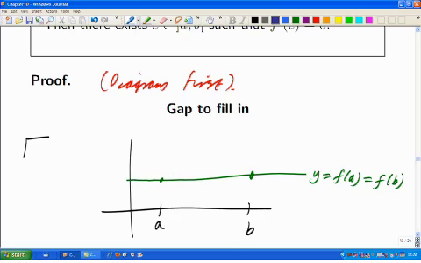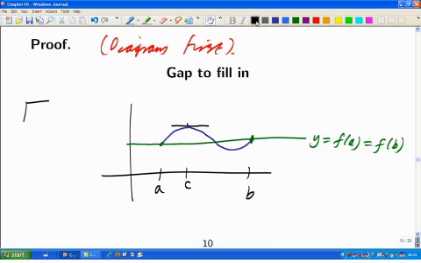Then your function, it might go up a bit, it might go down a bit. You don't know what it's going to do, but it's got to get back to where it started in height. The one I've drawn here has got two places where the derivative is 0. So you could choose either one of them. And there you are. There's at least one point C, we claim, between A and B,